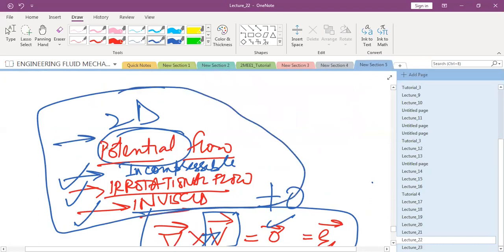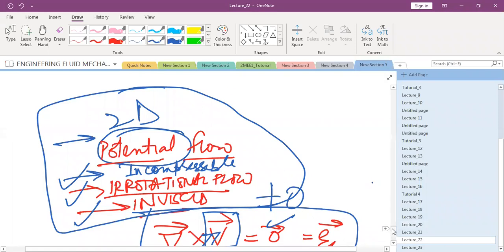So please remember, these are the four assumptions which should always be kept in mind when we are applying the formulation we will be doing in subsequent lectures or today. If it is 3D, then this analysis, which we will be carrying out, will not hold true. It will hold true only in case of an incompressible, irrotational, inviscid 2D region of flow. So this is the inherent limitation of this analysis. This should be very clear in your mind. Is this clear? Yes, sir. Any doubts?